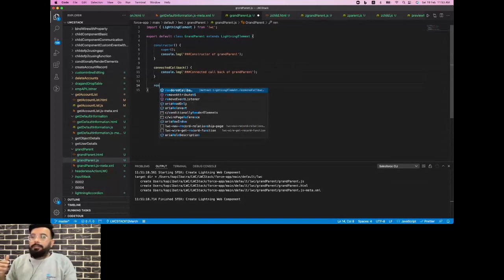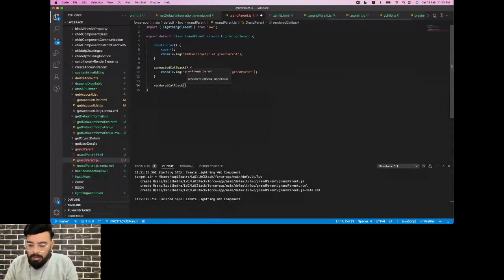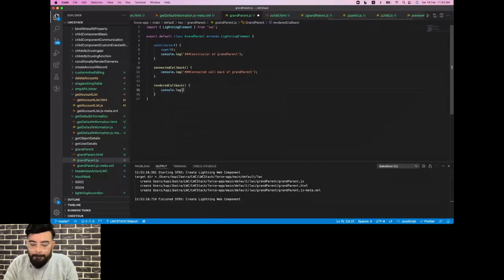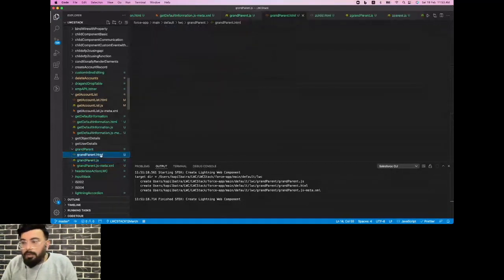So guys, from the constructor and the connected callback, you'll be able to see the flow from parent to child. And from the rendered callback, you'll be able to see the flow from child to parent. Okay, taking this render callback as well. Okay. And this is the render callback. Okay. Let's go to the HTML part